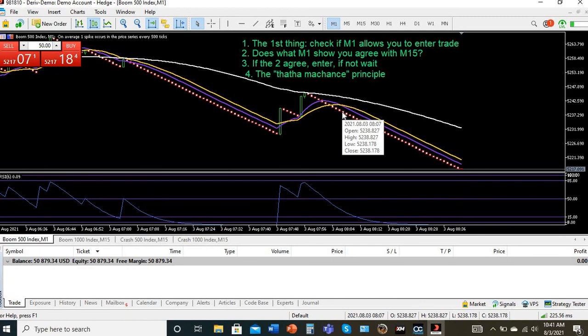So please let the confusion no longer be there. As a matter of fact, let me repeat. The first thing you check is what the 1 minute tells me. If the 1 minute tells me I am walking in between the lines, and then the 15 minutes also agrees, then you enter. But if the 15 minutes and 1 minute do not agree, it is very, very good for you to wait,